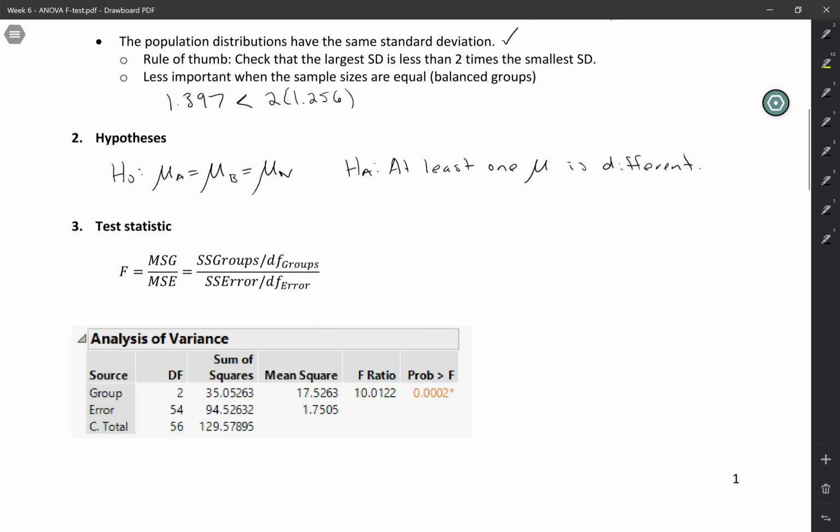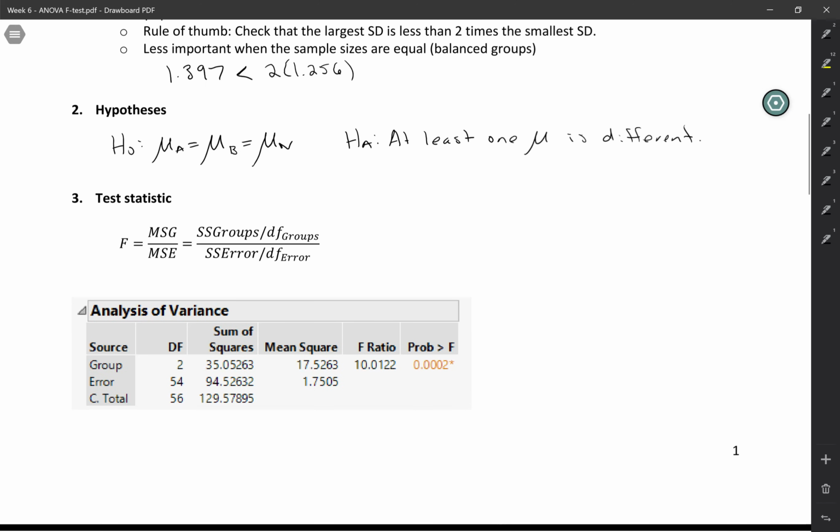The test statistic that we're going to use for an ANOVA F-test is not surprisingly called an F-statistic. And sometimes it helps to look at the ANOVA table to see how this is calculated. So let's start off with seeing where these degrees of freedom come from. The degrees of freedom for groups is the number of groups minus 1. So we had 3 groups: before, after, and none. 3 minus 1, we end up with 2 degrees of freedom for the